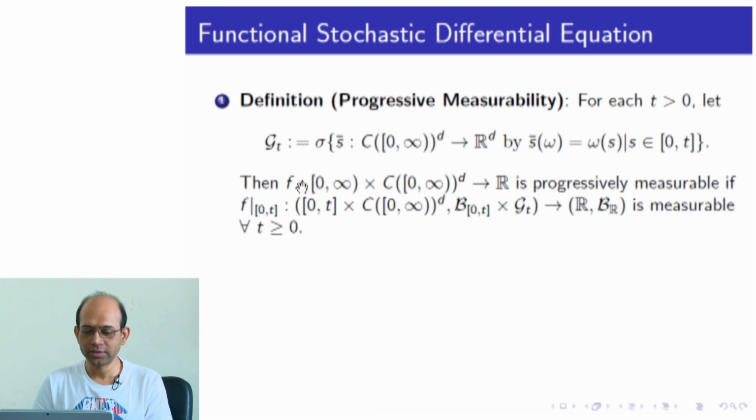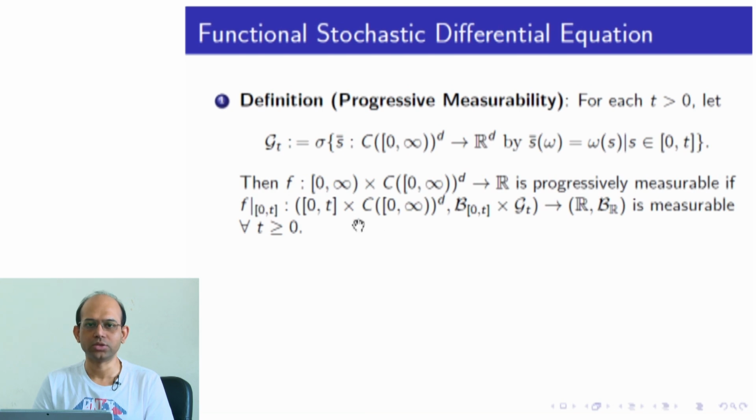Then consider a function f from [0, infinity) with Cartesian product with the space of paths. This is the space of paths, correct? The space of all continuous maps from this non-negative interval to R^d. Because if I write just C[0, infinity), that means the set of all continuous paths taking values in the real numbers, but to the power d, that means I have a d-fold Cartesian product of such things, so I would get paths in d-dimensional space. So C([0, infinity), R^d). So f is a map, you assume, which takes a time value and the whole d-dimensional path, and gives me a real scalar. So this is a functional. We call this progressively measurable